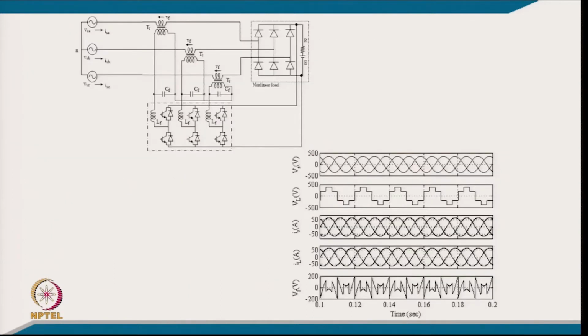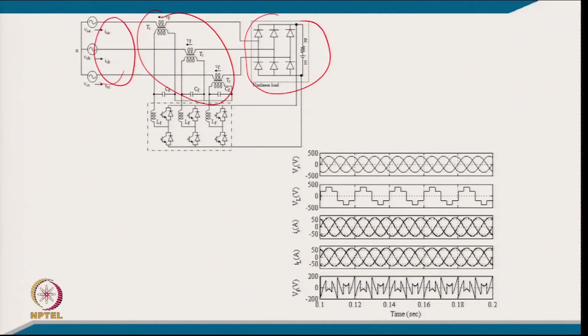Well, this is the system that we have, typically a voltage fed load. After the diode rectifier we have a typically battery charging load, and this is the series active filter by which we are injecting the voltage in series with the line, and the DC link of the series active filter is connected across the battery of the load. And the very purpose of the series active filter here, of course, by appropriately injecting a suitable voltage, is to maintain this supply current sinusoidal, balanced and in phase with the supply voltage, so that the unity power factor